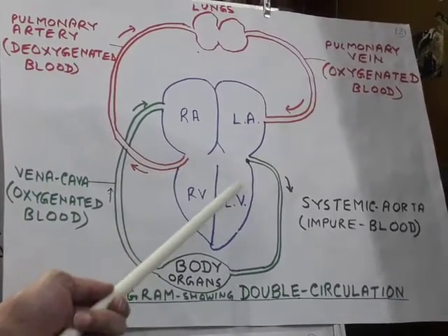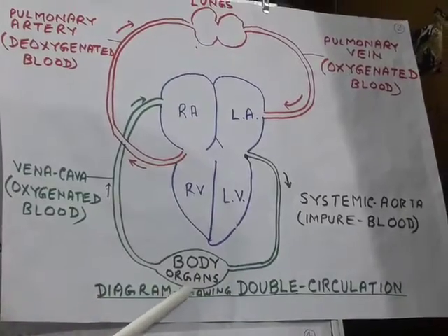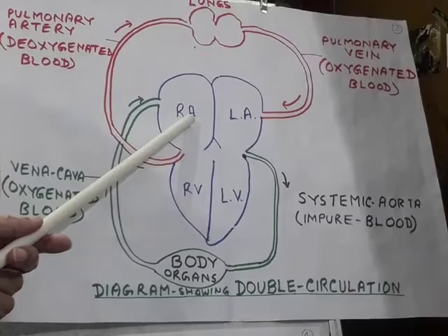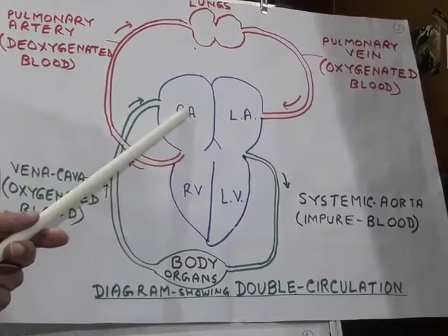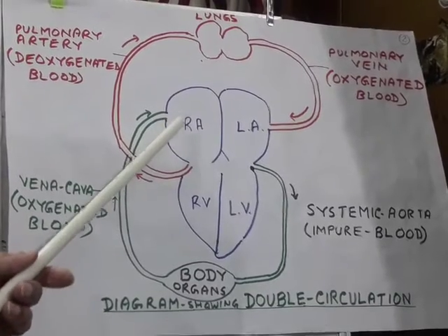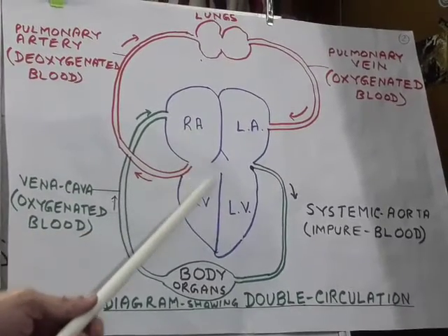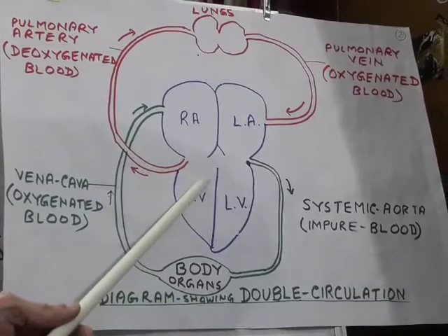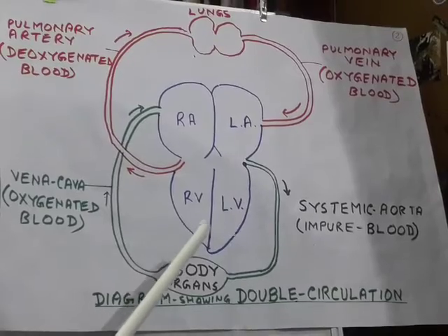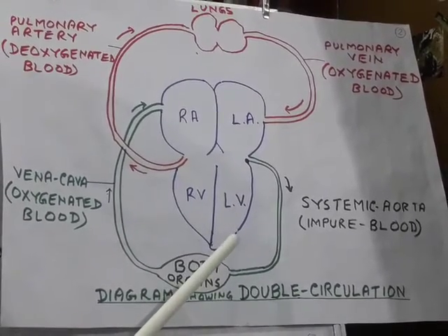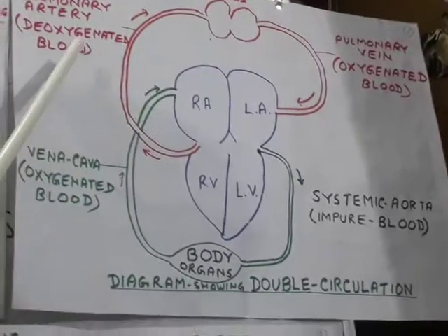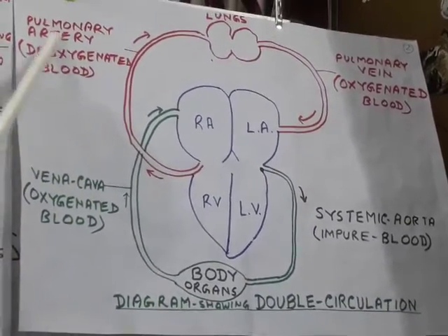So the blood supplied by the left ventricle to the body organs comes back into the right atrium, into the sinoatrial aperture. Both postcaval and precaval open at the same time, and this blood is then sent to the right ventricle. From the right ventricle, this blood, which has been brought from organs and is less oxygenated, is now sent to the lungs by the pulmonary artery.